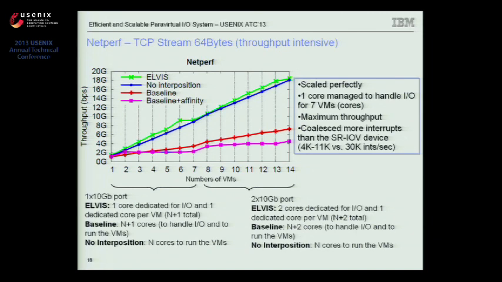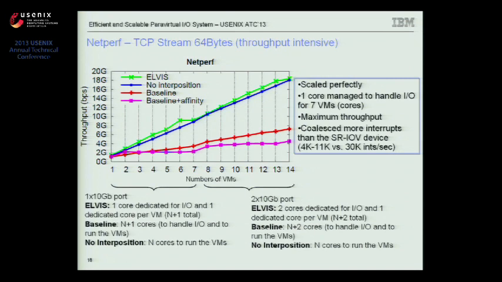As we start adding more and more virtual machines, we start creating bigger batches. That means that as we add more virtual machines, the number of virtual interrupts per virtual machine that Elvis was injecting was smaller. That's why you see that Elvis continued improving a bit as we ran more and more virtual machines. Of course, you can see compared to the 2 different baseline configurations that Elvis scaled linearly, perfectly, with significantly more throughput. You can see also that the baseline plus affinity configuration was relatively good when we ran a